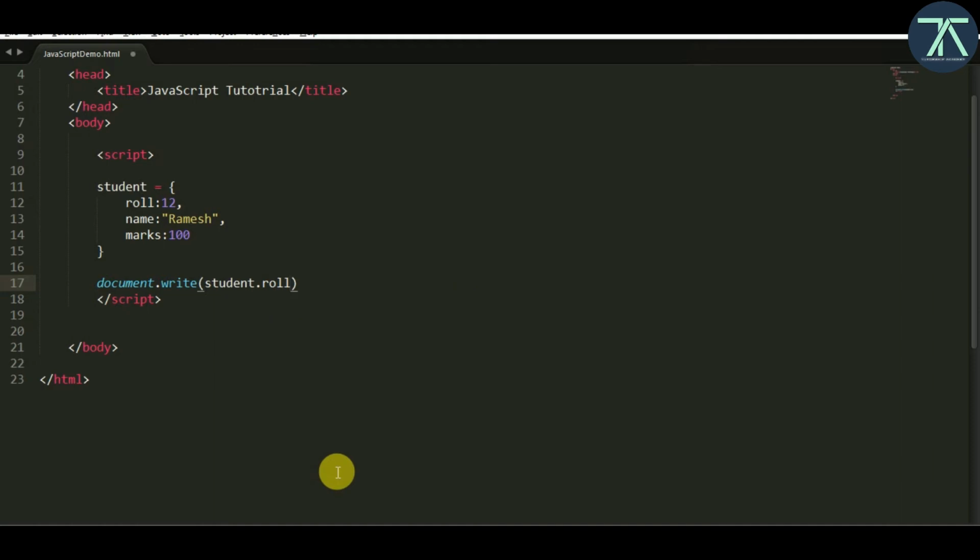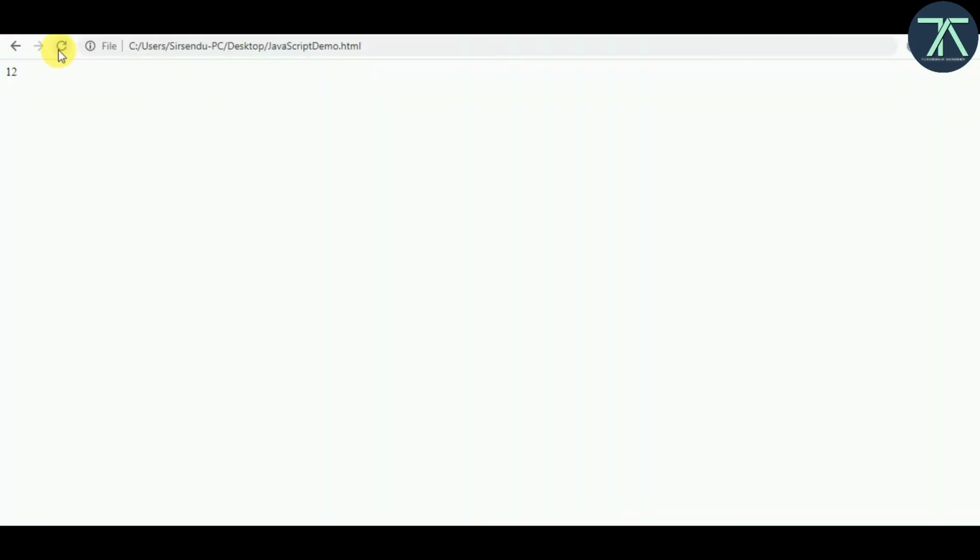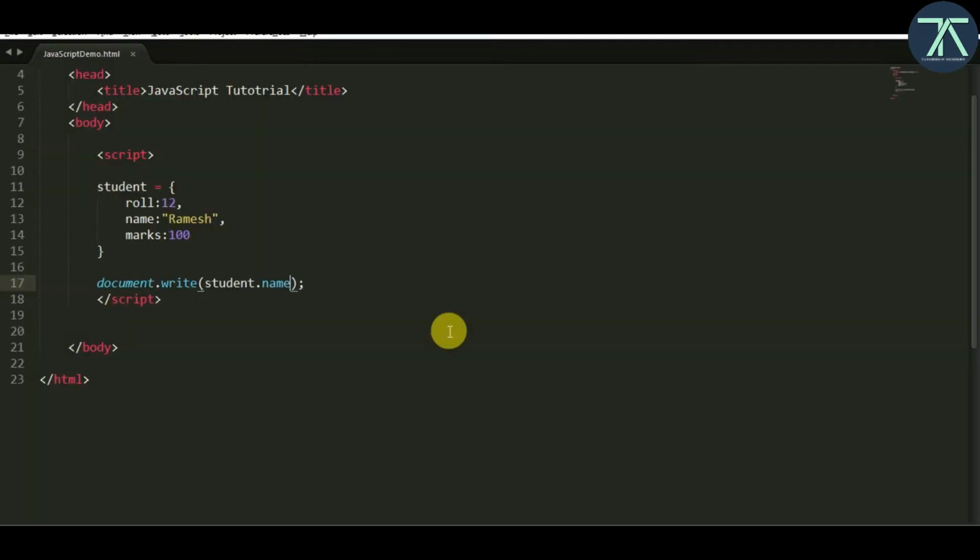This dot is also called the period operator, and after that you can define any property of that object. If I now save it and go back to my browser and refresh, you see 12 is printed. Now if I change this roll to name and save it, then it will print name, that is Ramesh, right? So this way we can create an object, that is by object literal.